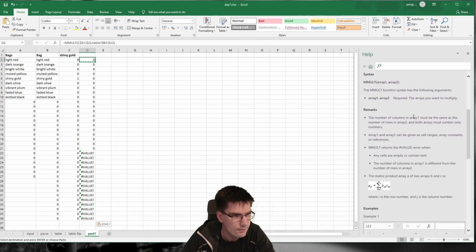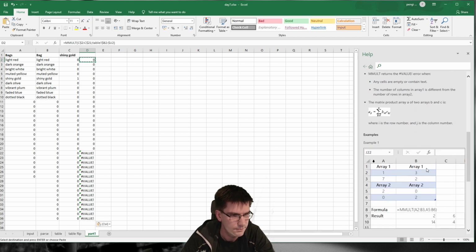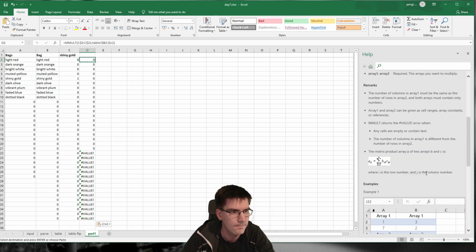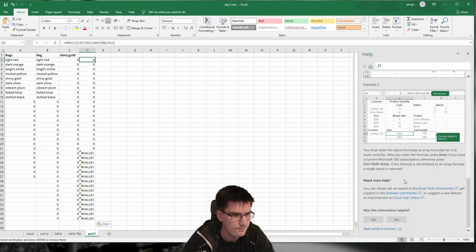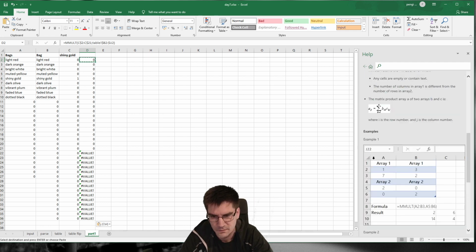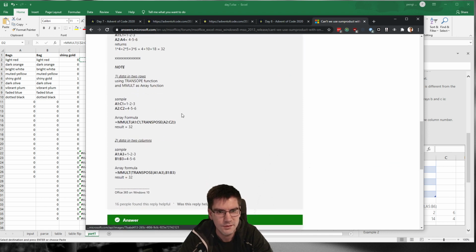Number of columns in array 1 must be the same as number of rows in array 2. And it is. Which means I get out 1 value. But I just want to have the